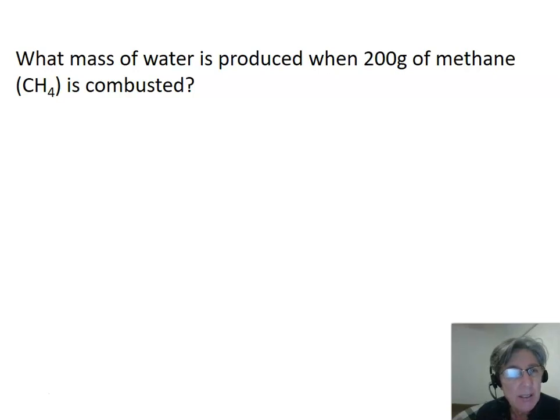I thought I'd highlighted this in green. I must have done it. Oh, I've done it on the next slide. It's all right. So I'll talk through this fairly quickly and then we'll go to the green one where you